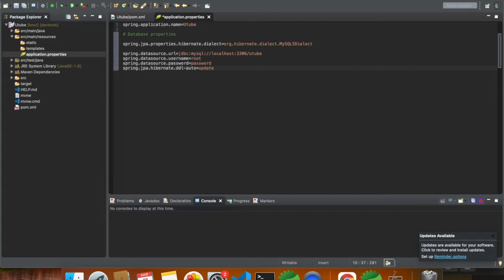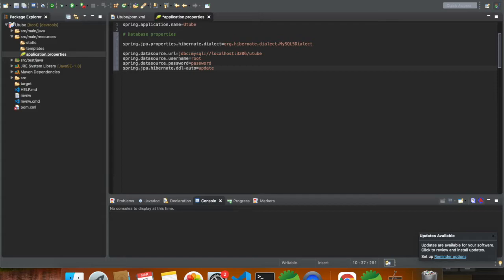In case of create, it will create the structure every time whenever we start the application, but in case of update, it will create once and in subsequent run of the application it will update whatever is changed.